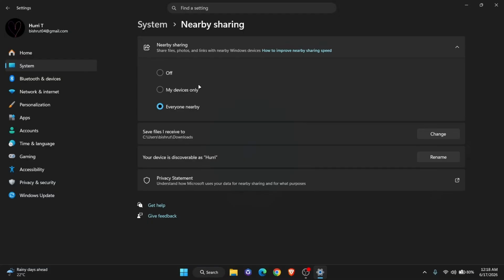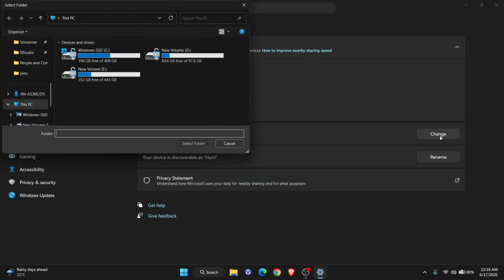Choose My Devices Only if you only want to share between devices signed into the same Microsoft account, or select Everyone Nearby if you want to share with any Windows device in range. From here, you can also change the folder where received files get saved by clicking Change under the Save Files